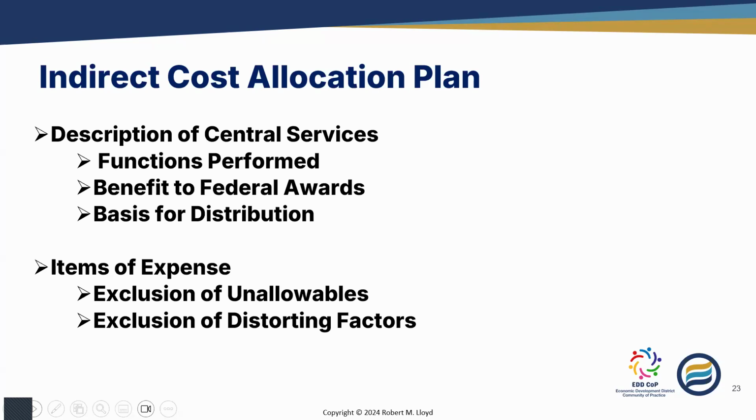So an organization chart with an identification of affiliated organizations, and perhaps even the need to identify different geographic locations. If an organization has multiple facilities, it may very well be that the benefit of certain indirect costs is going to be different based upon those